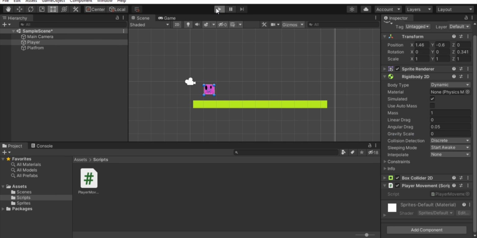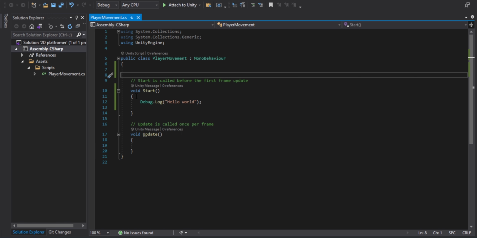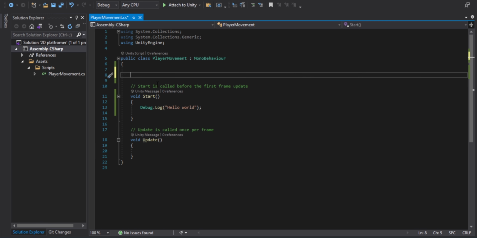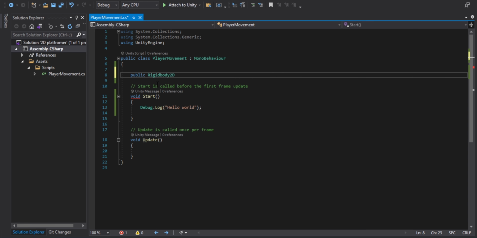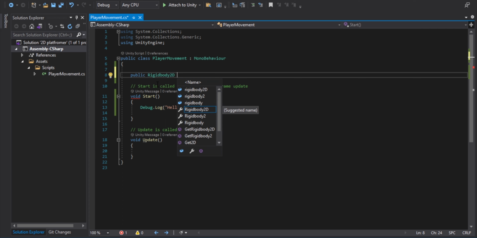So let's go back to coding. First, make some new lines here. What we want is to make the Rigidbody have no gravity. So first, I will need to reference the Rigidbody. Just type after me: public Rigidbody2D followed by a name. You can give it any name you want. It can be my name, Apurva.